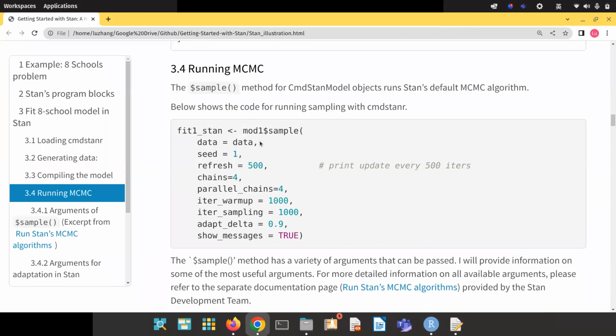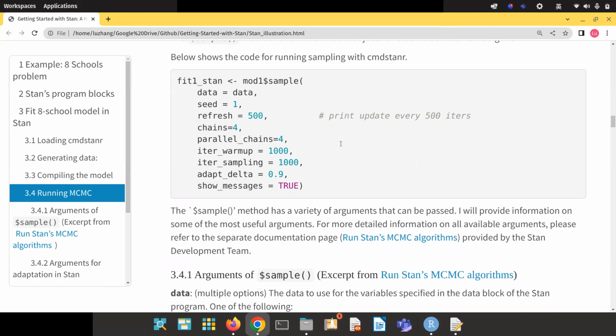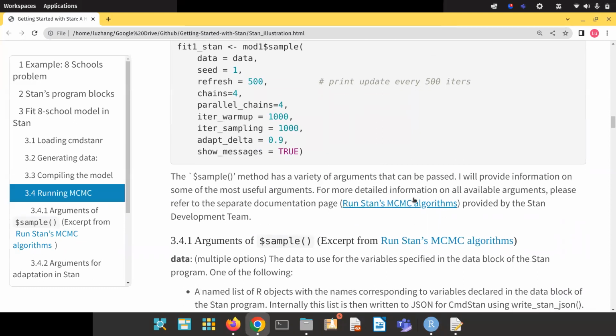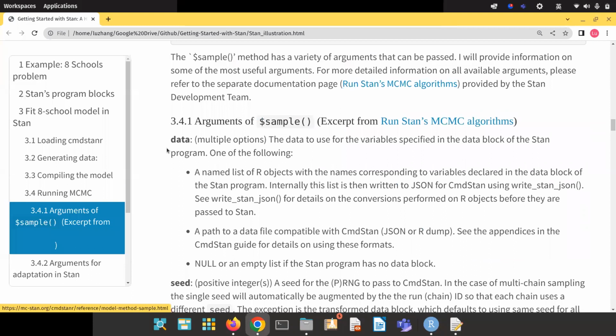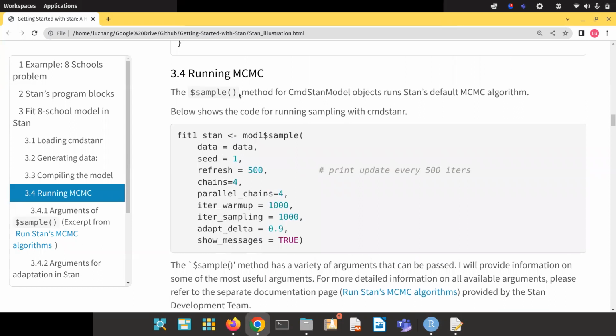Next, we need to run MCMC sampling, and we can use the sample method to run the default MCMC algorithm. This is an example code for running sampling with cmdstanr. The method has a variety of arguments that can be passed, but here I will introduce some of the most useful arguments. For more details, please refer to this link. The first argument is data. In this code, I just pass the data as the list of objects I've already defined in our program,